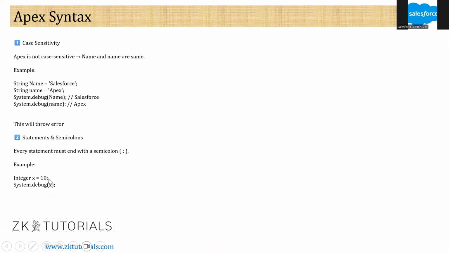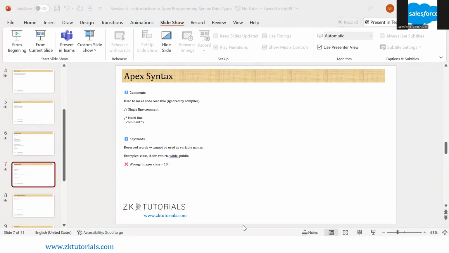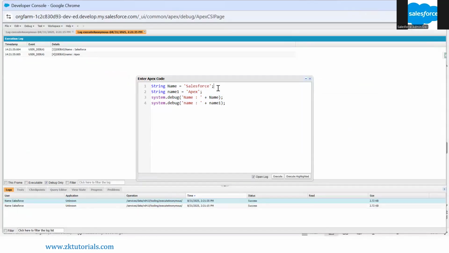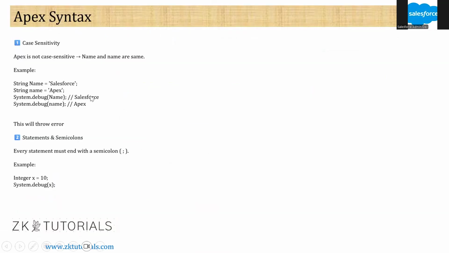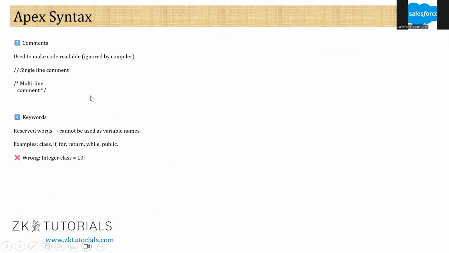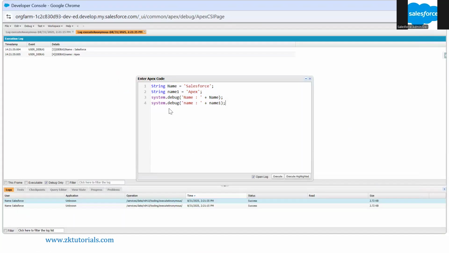Every statement must end with a semicolon, right? So what I have done is terminate every statement with a semicolon. Now, how do you comment a line? If you want to comment a single line of code in Apex, you just have to type slash slash, and this line is commented. When I execute this,